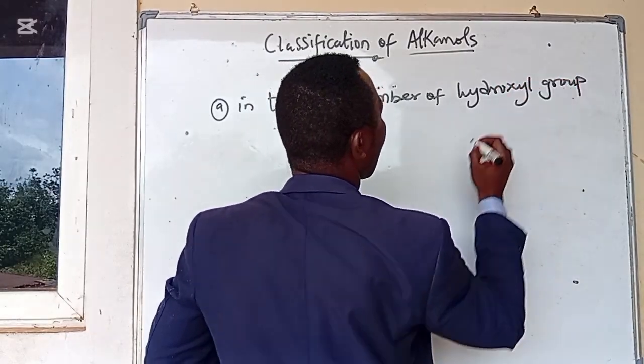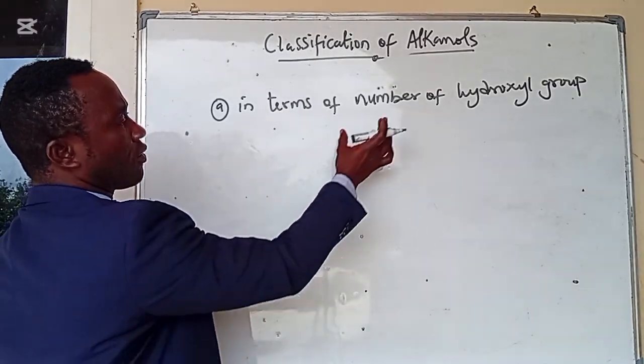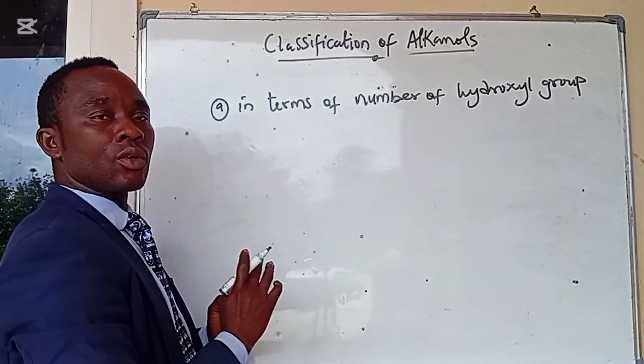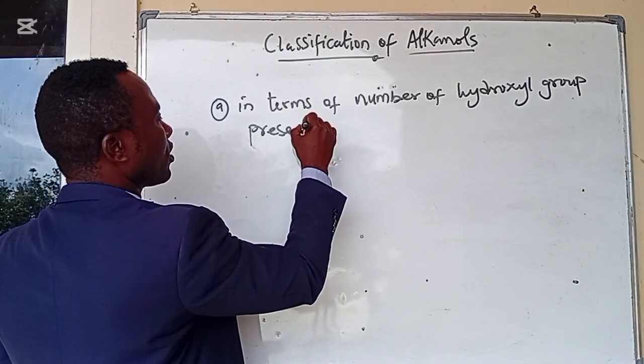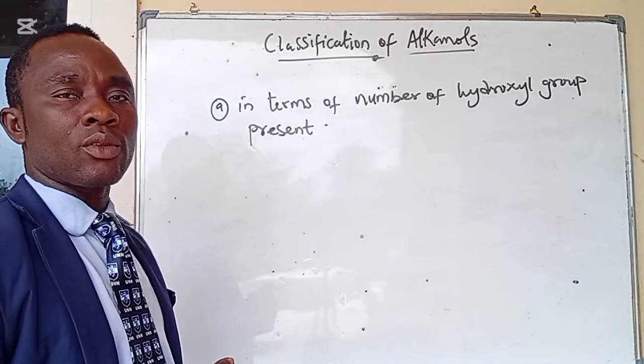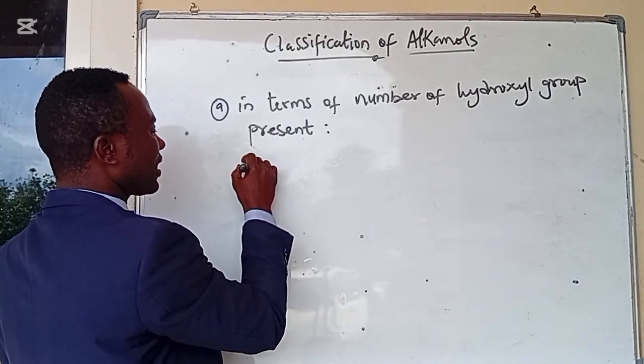So we can classify alkanols in terms of the number of hydroxyl groups present. In terms of the number of hydroxyl groups present, alkanols can be classified into